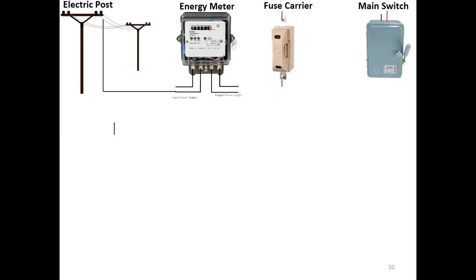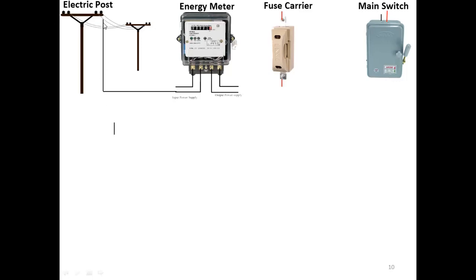See, the black color line denotes your neutral line, and the red color line denotes your phase line. Now the black color line is connected to the meter. In the meter we have 4 terminals: the first terminal S1, second terminal S2, then L2, L1. S1, S2 are your source side, and L1, L2 are your load side. Now neutral is connected directly. This line is called your service connection, with the help of the earth wire.